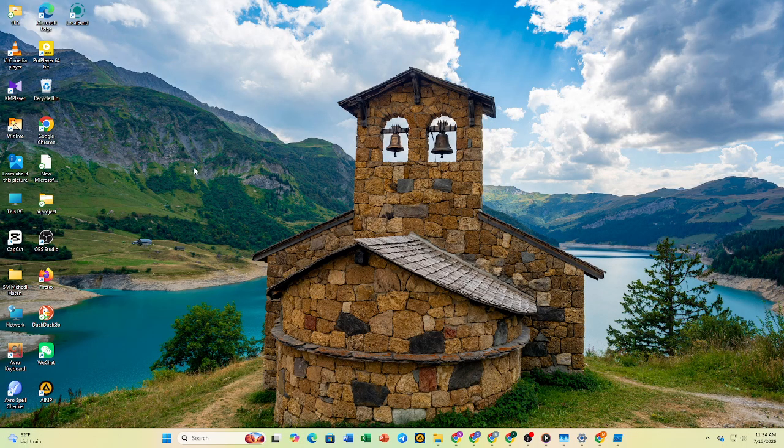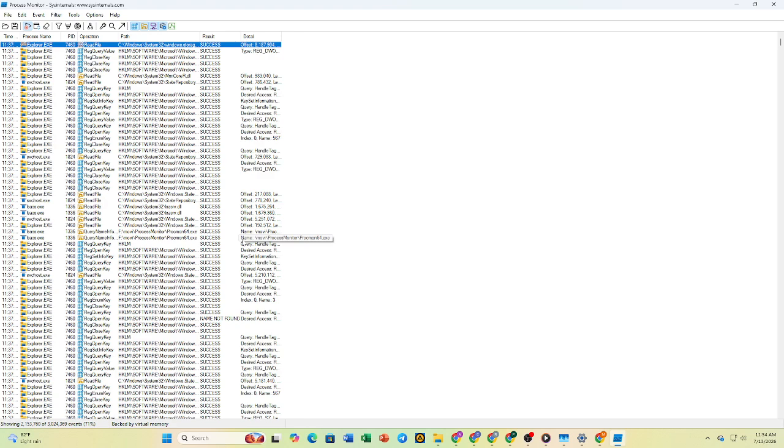So let's get started. First, open Process Monitor on your Windows computer. If Windows asks for administrator permission, click Yes to continue. The first time you launch the application, accept the license agreement, and Process Monitor will immediately begin capturing live system